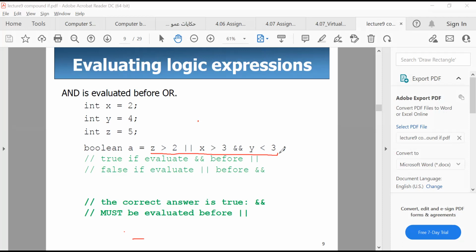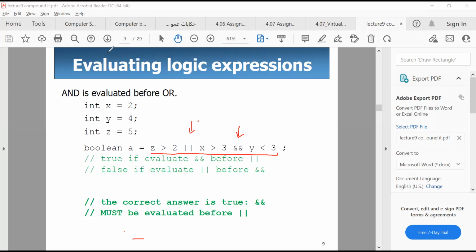But the point here, did you see here? Z is 5, so it'd be true. Then all false, and false as well. But wait, when we see there is addition,